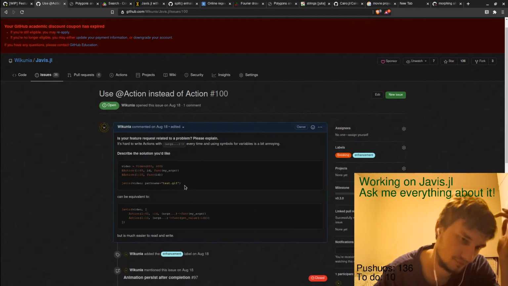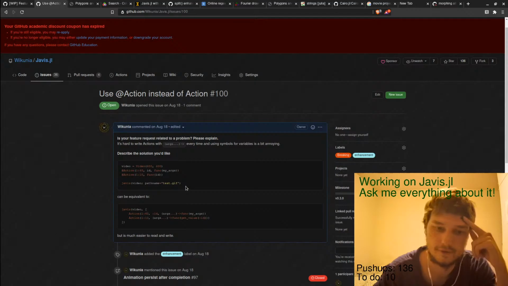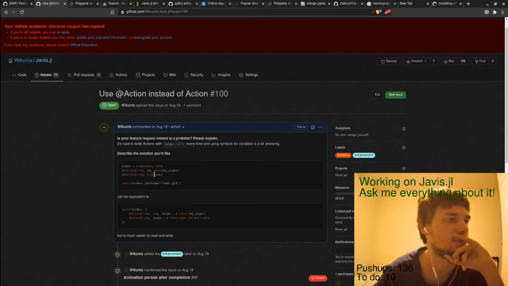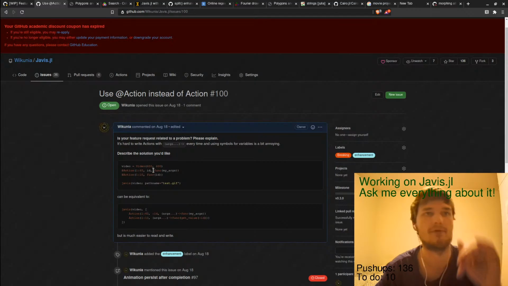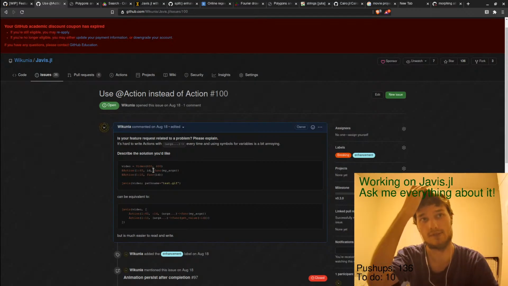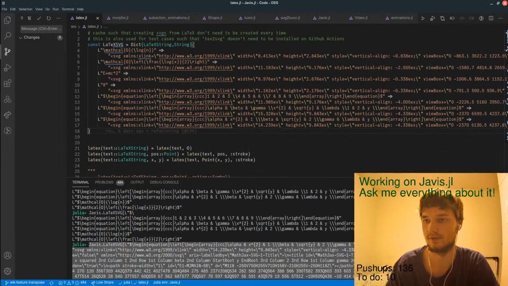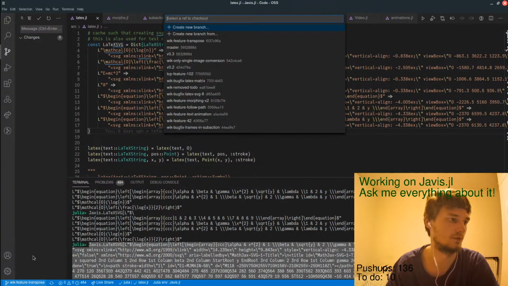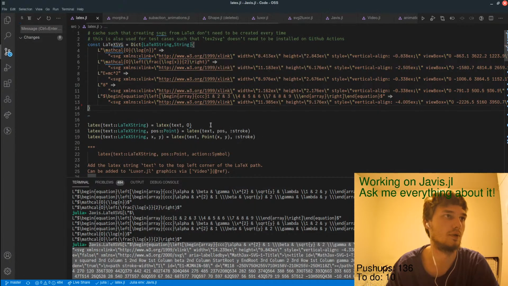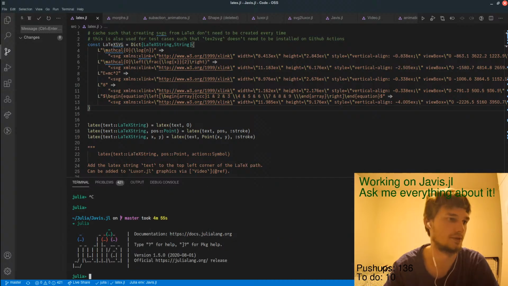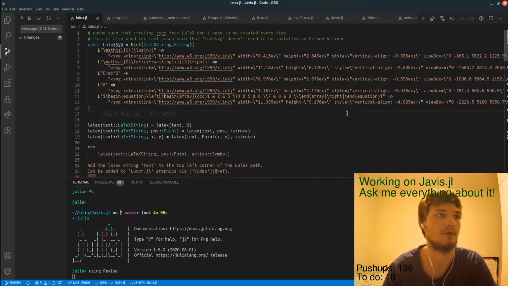But I think the first point would be to just support the macro action, and one can do whatever one wishes. So let's go to master then, and probably start all over again.